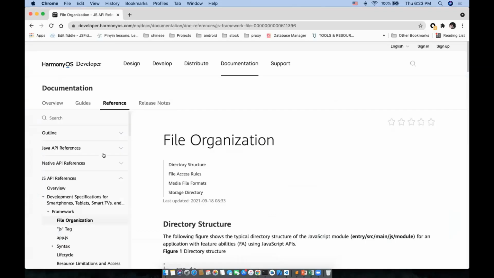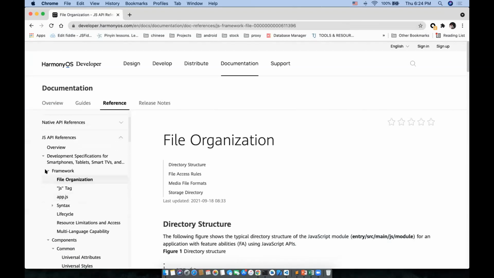from where you can get the details about the HarmonyOS JavaScript development documents. You can directly go to developer.harmonyos.com, and in the document section, you can refer to the JS API reference.